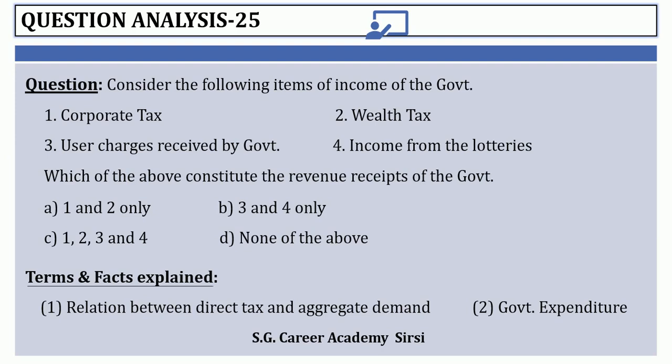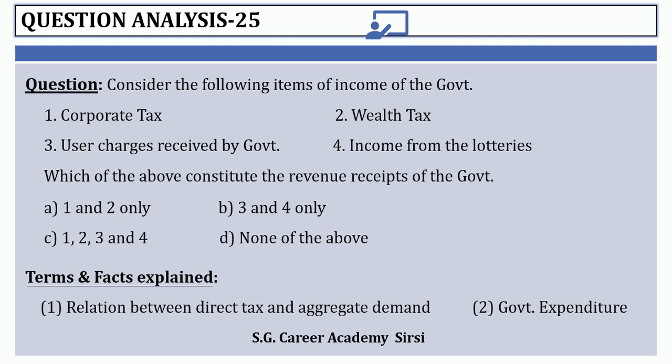Now coming to the relation between the direct tax and aggregate demand. Here one of the important features of direct tax is that they affect both aggregate demand as well as aggregate supply. Aggregate demand is nothing but different types of consumption or expenditure in different sectors, public sector, private sector, household sector, etc. That is exactly what we call aggregate demand. It will create some positive aspects in the economy.